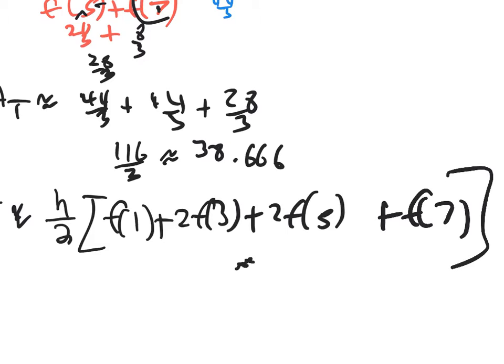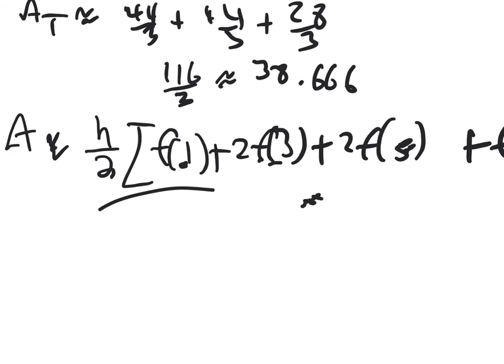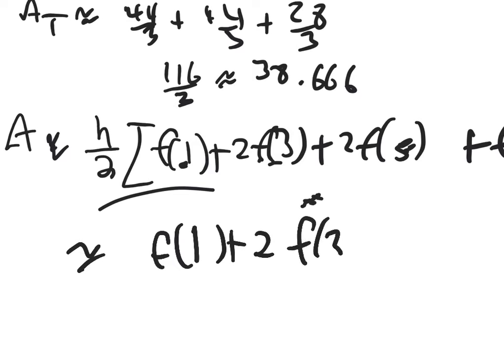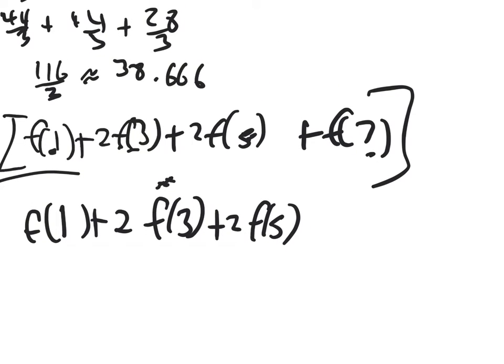It's the trapezoidal rule. 1 on the end, you always get 2 of the insides. Always. Yeah, it is weird. Times h over 2, because I factored out the height, which is 2 over 2. It goes away anyway. So you would have F of 1 plus 2 F of 3s plus 2 F of 5s and then 1